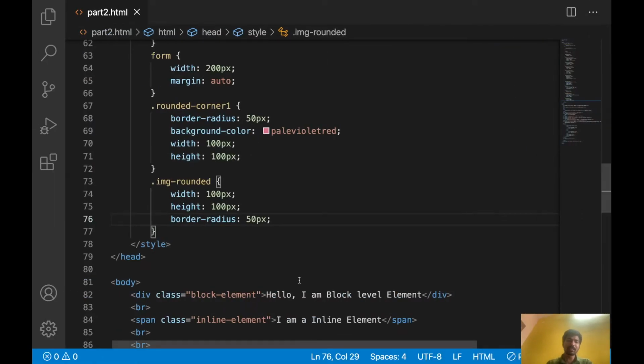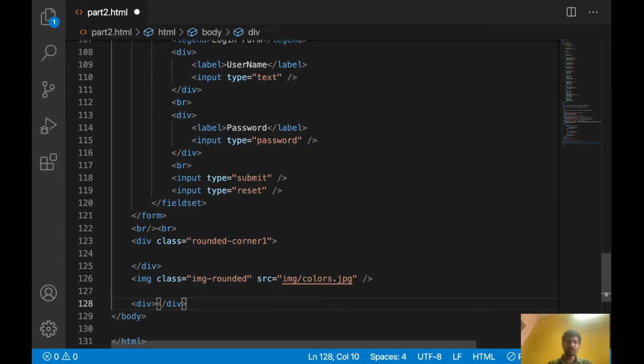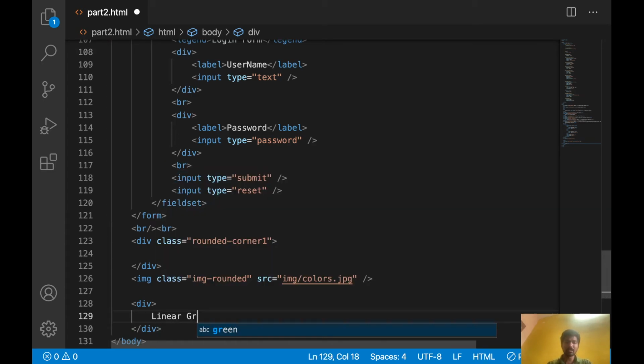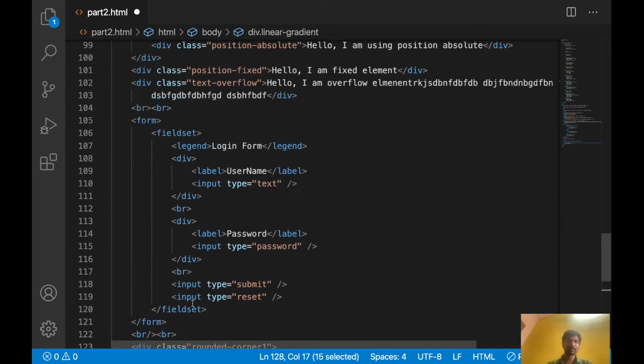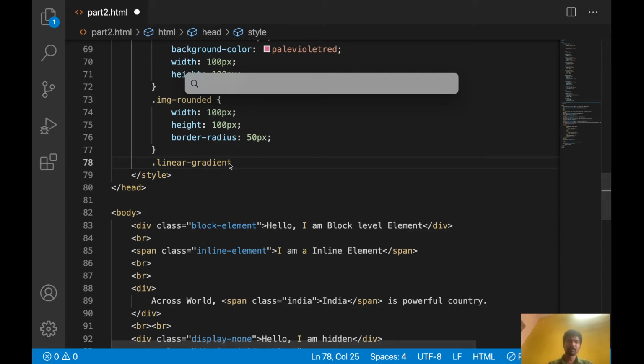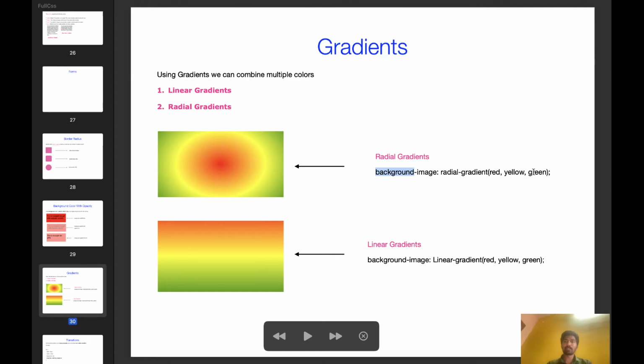Okay, let's see one example. Let's use one div, linear gradient. For this let's apply some CSS. Let's apply this background.